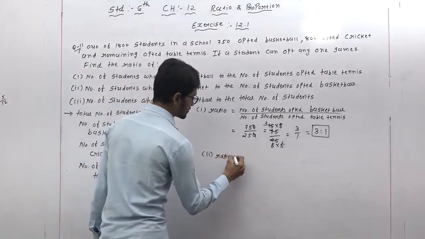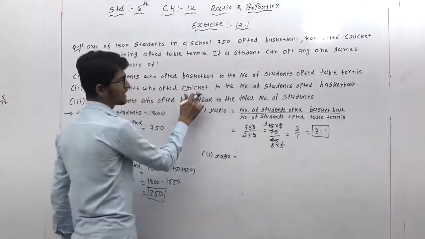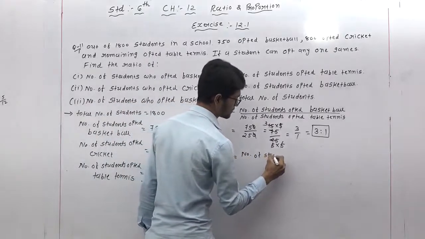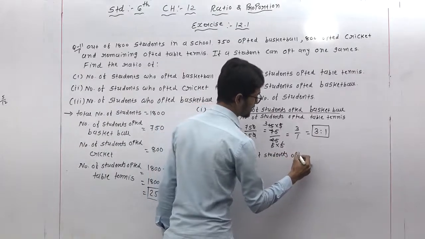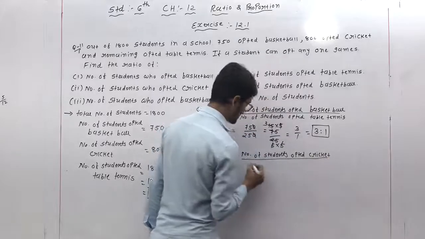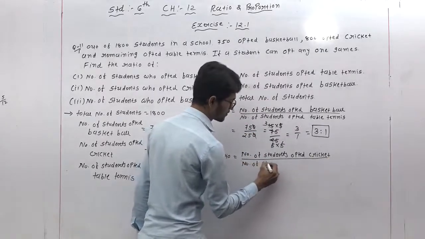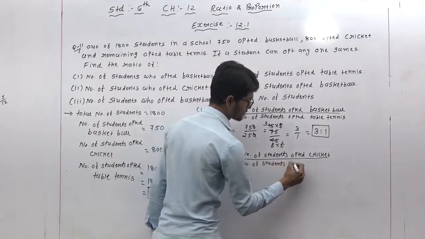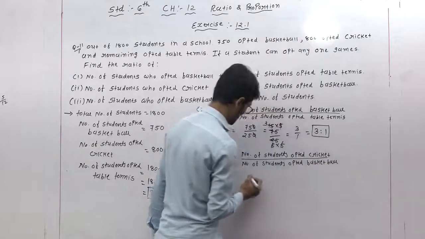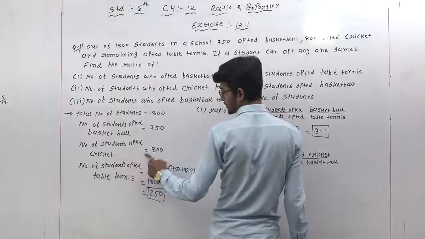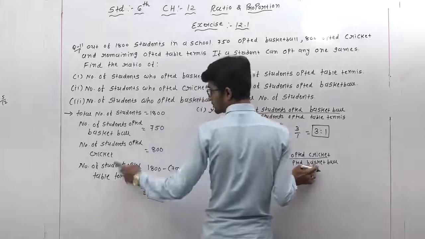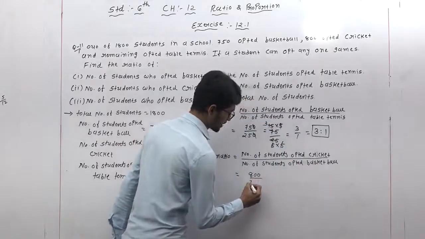again we have to find the ratio, but number of students who opted by cricket and basketball. So write down number of students opted, first of all cricket, and then after basketball. So number of students opted basketball. Okay, so how many students cricket? So in cricket 800 students, so write down 800. And how many students basketball? So basketball students 750, so write down 750.